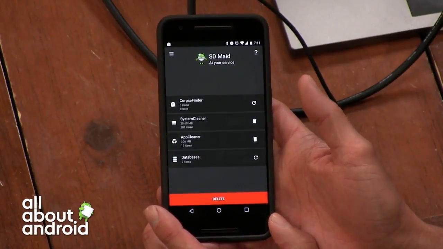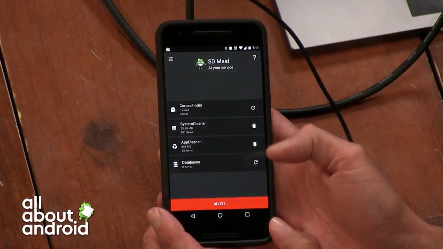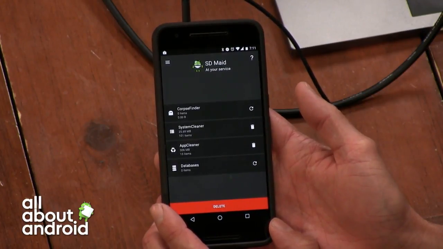So I went looking, and I was reminded of an app that I also used to use. I haven't used it in a really long time, but it does the thing that I liked CleanMaster for when I presented it in the arena a couple of years ago, which is cleaning some of the leftover storage stuff on your device, little files, orphaned files, to free up disk space or storage on your device. And this app called SD Maid does that, and that's all it does specifically. And it's actually a pretty good way to do that.